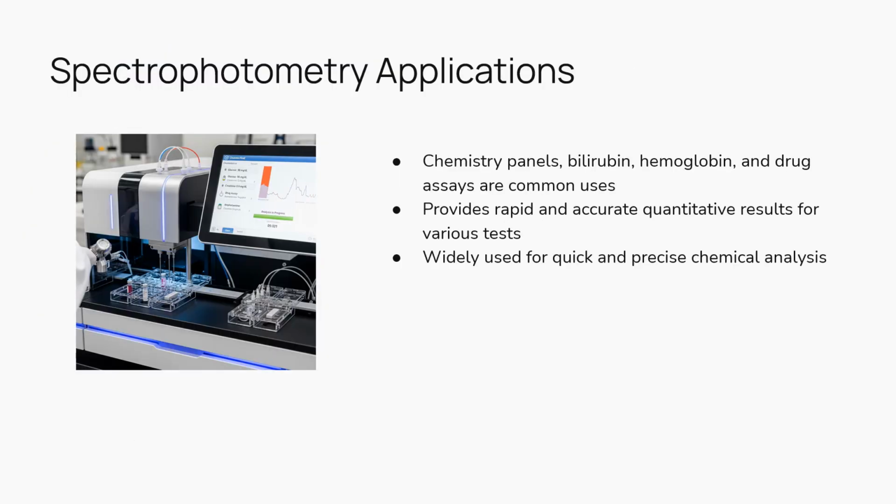Where we use spectrophotometry in the clinical lab, we use it for chemistry panels, which measure analytes such as glucose, BUN, creatinine, cholesterol, and electrolytes. We can also use it for bilirubin analysis. This is especially useful in neonatal jaundice monitoring. We can use it in hemoglobin measurement, which will help quantify the total hemoglobin in blood samples. Drug assays as well. This will determine plasma concentrations of drugs like theophylline, digoxin, and phenytoin. It can also be used in enzyme kinetics, so it measures enzyme activity by monitoring changes in absorbance during a